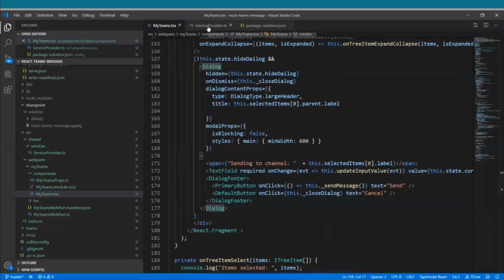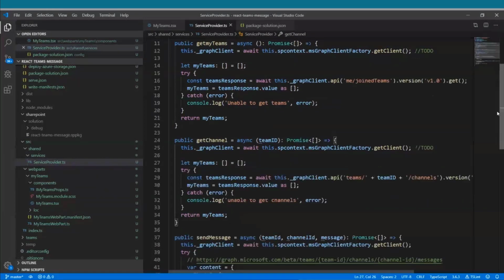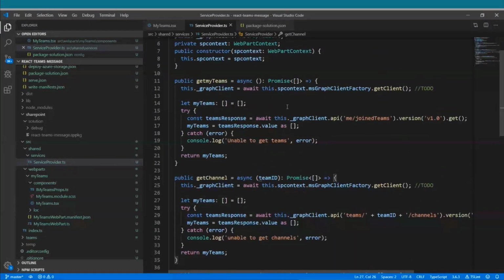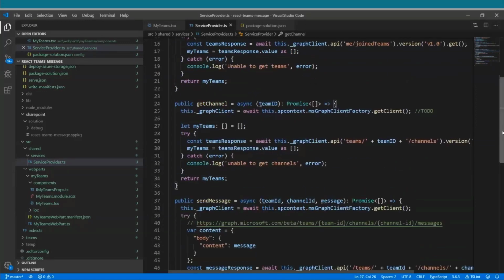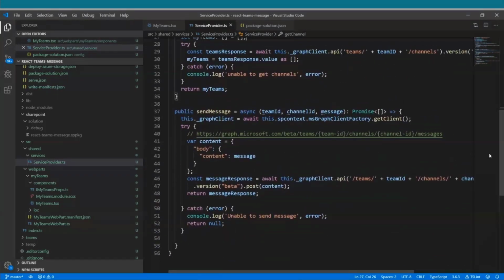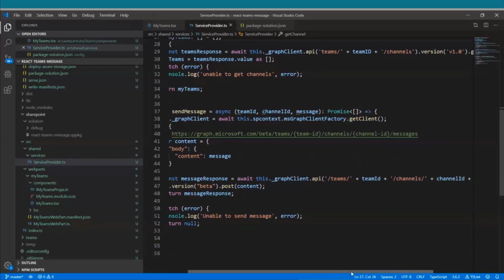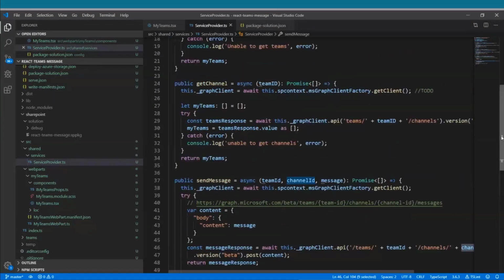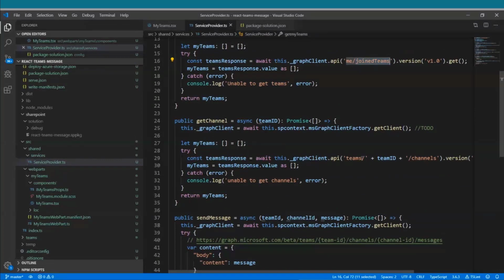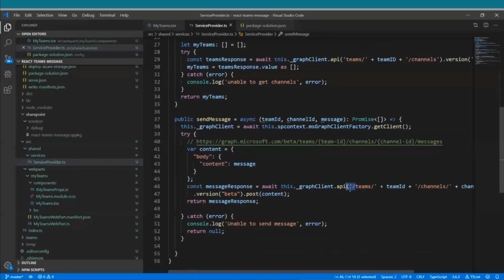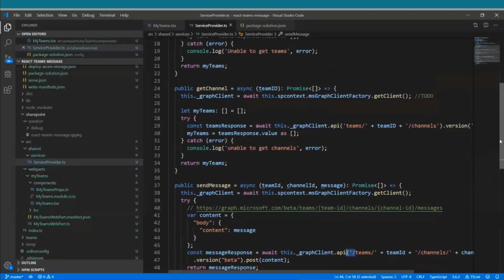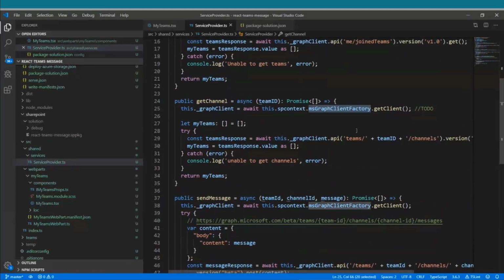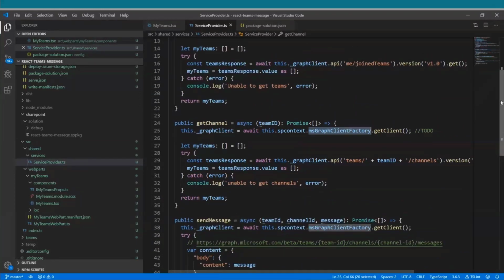Coming to the endpoint web service, I have a service provider.ts file. One thing I wanted to note here is that I started with using PnP.js, which is definitely the way it should be. But due to the fact, when I developed it, and I'm not sure if Patrick is here, he can correct me if I'm wrong, as of now we don't have support for sending messages in the PnP.js library. We do have methods available to get the current logged-in user's teams and the channels within the team, but sending messages was not available at that point in time. That is why I went with MS Graph Client Factory to get the data from the Graph endpoints and use it in my way.